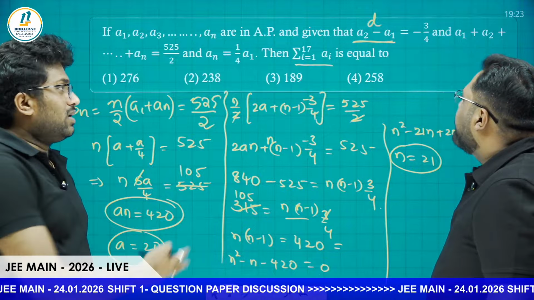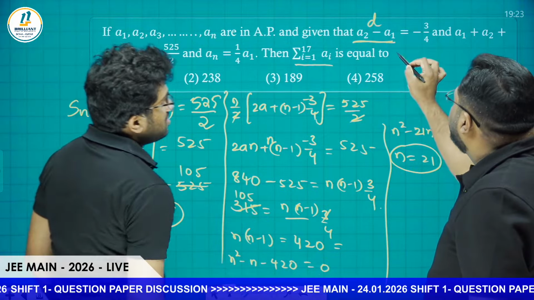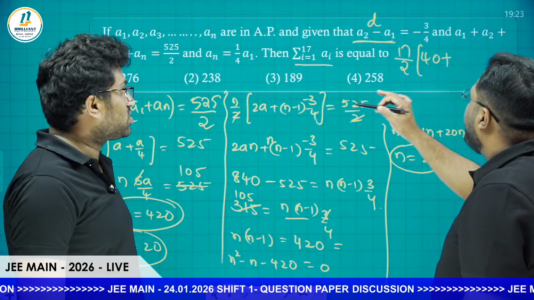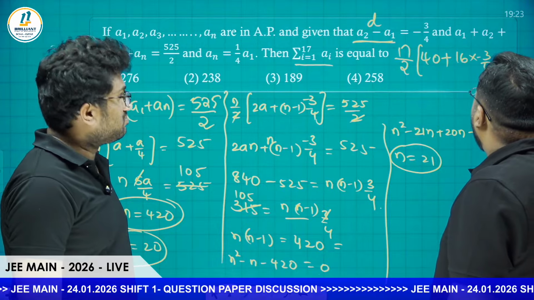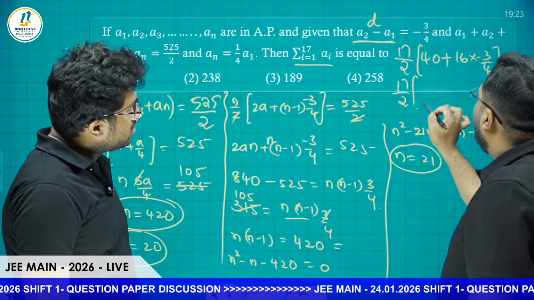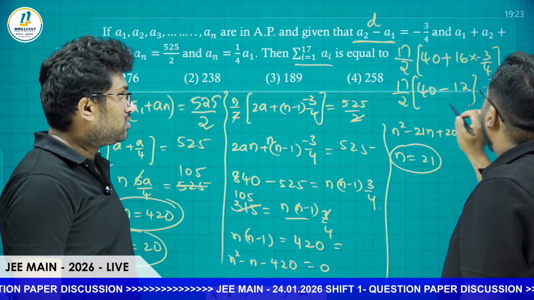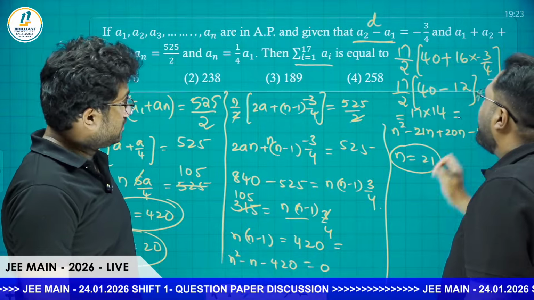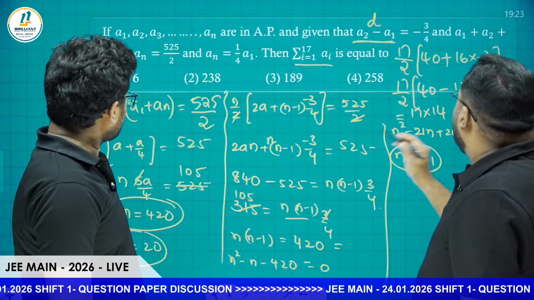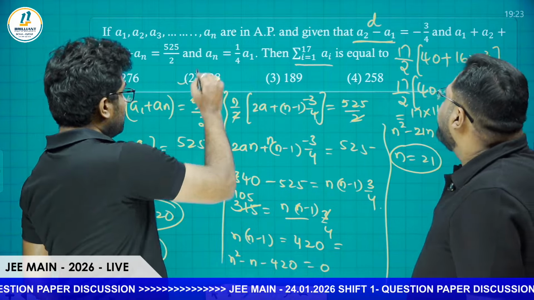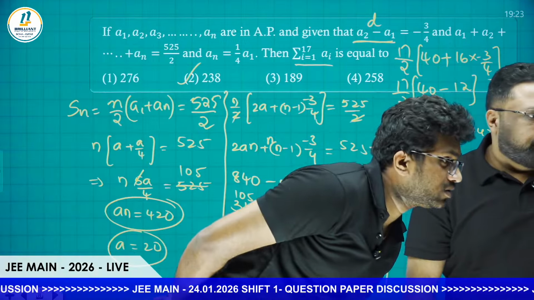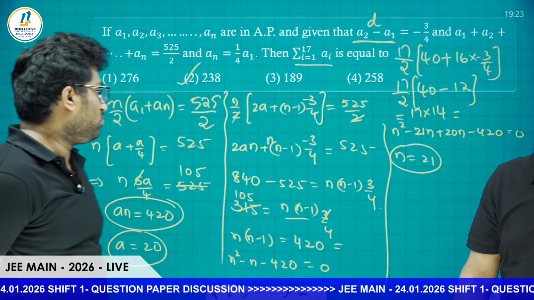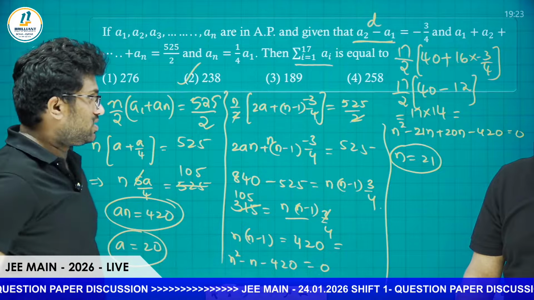They want the sum now, the sum of the first 17 terms. So that is 17 by 2 into 2A, 40, plus 16 into D, minus 3 by 4. That is equal to 17 by 2 into 40 minus 12. 40 minus 12 is 28. So 17 into 14, that is 238. Yes, the answer is 238. Here the most important thing is, we have seen the same questions even in 10th